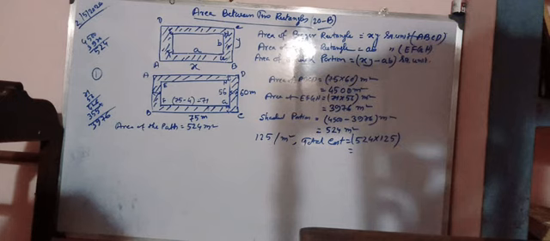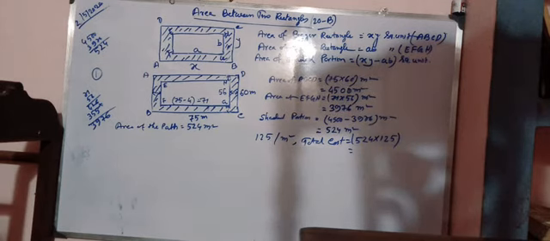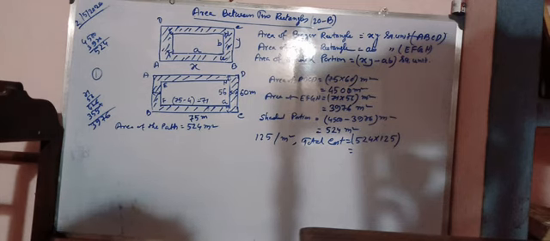Question number 2. A rectangular plot of land measures 95 meter by 72 meter. Inside the plot, a path of uniform width of 3.5 meter is to be constructed all around. The rest of the plot is to be laid with grass. Find the total expense involved in constructing the path at rupees 80 per meter square, and laying the grass at rupees 40 per meter square. So this is question number 2. Hope it is visible to you.